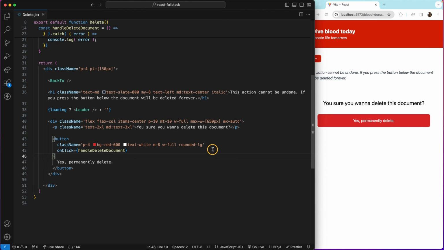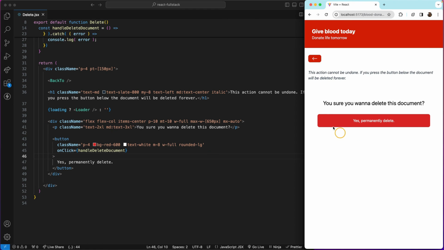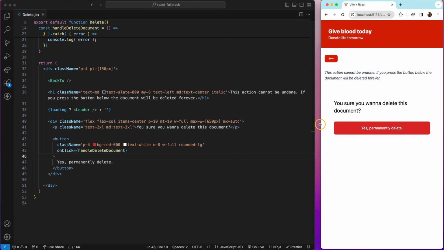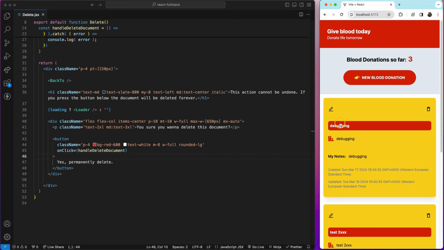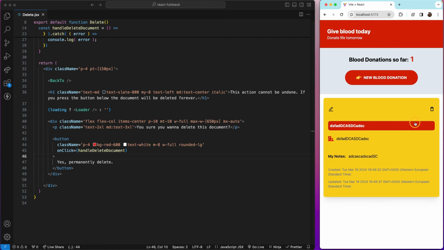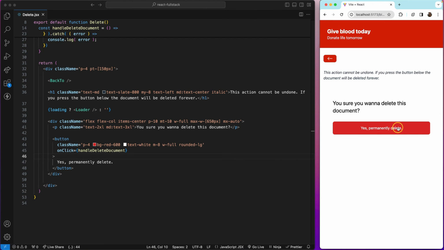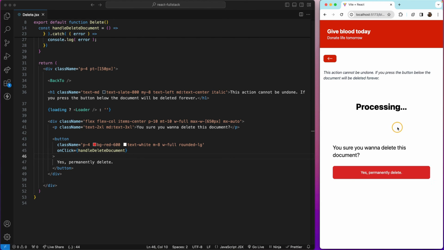I'm very confident that this all works, but it's time to do a final test to see if this is actually working. We have 3 donations. I can delete 1 donation, boom, gone. Delete 1 more, boom, gone. So delete is working. I'm going to delete all of them so we see the UI when we have no donations,